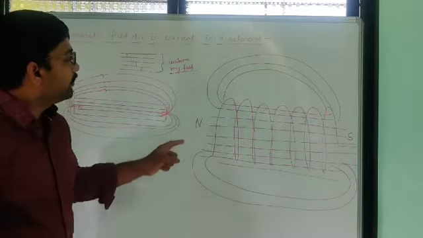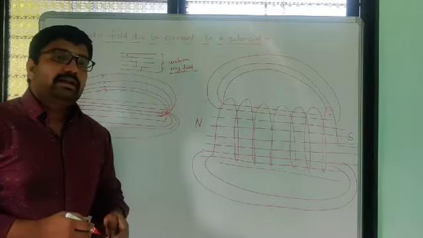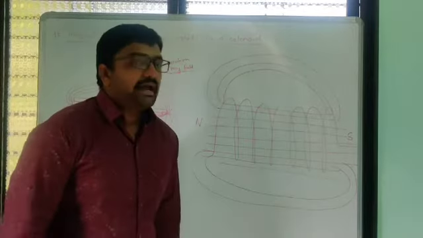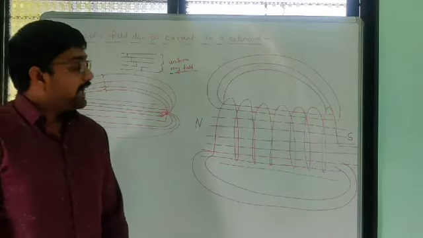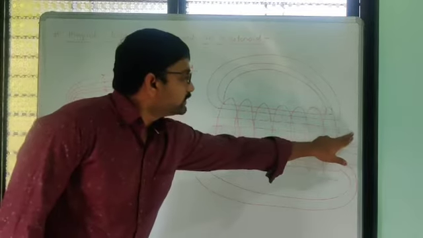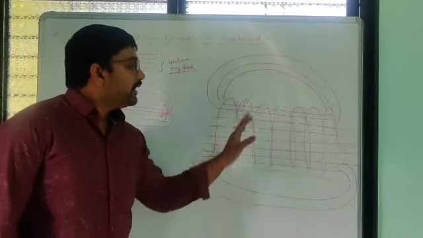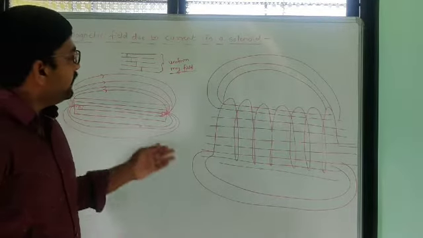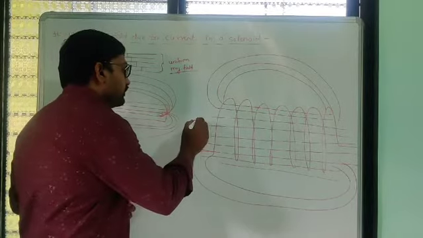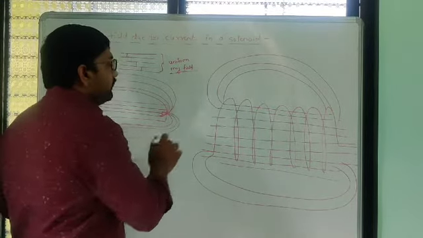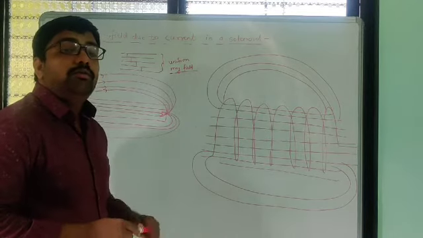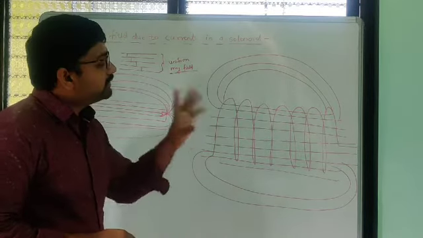One pole of this solenoid acts as a north pole and the other pole acts as a south pole. We can check which pole is north and which is south. If a current is passing through here, and suppose we don't know which pole is which, we have to check which is the north pole of our solenoid and which is the south pole.